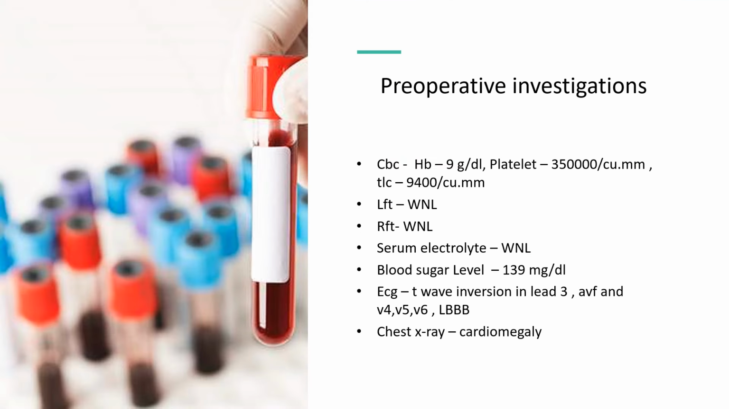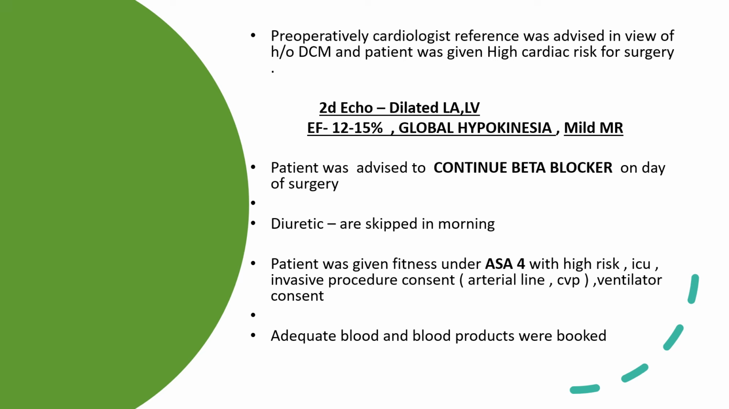On perioperative investigation, he had an Hb of 9. On ECG, he had T-wave inversion in leads III, aVF, V4, V5, V6, and left bundle branch block. On chest X-ray, he had cardiomegaly. On echo, he had dilated LA and LV with an ejection fraction as low as 12 to 15%, with global hypokinesia and